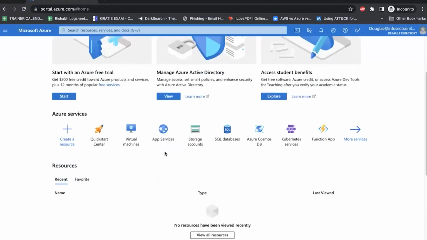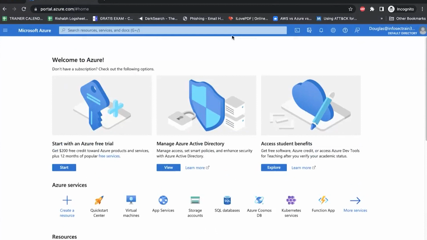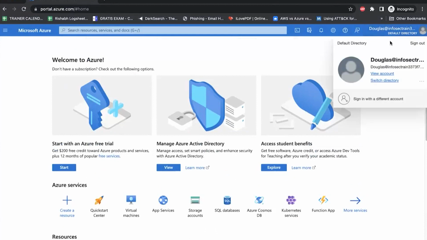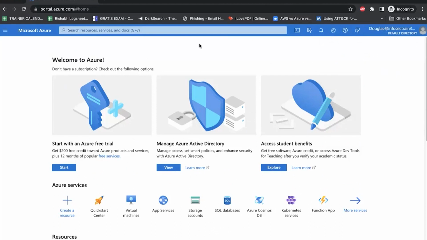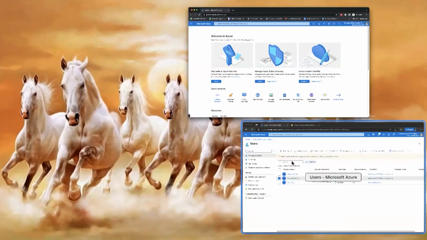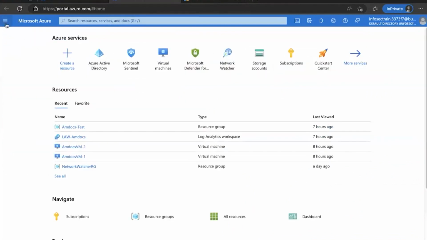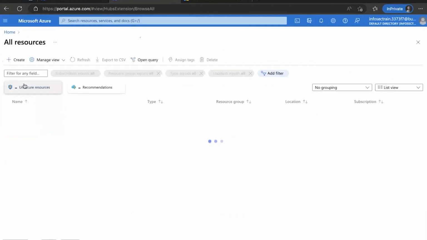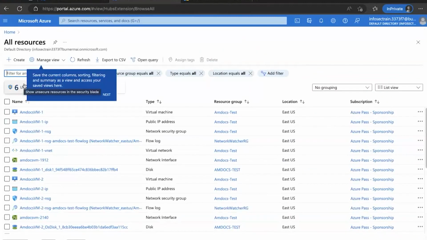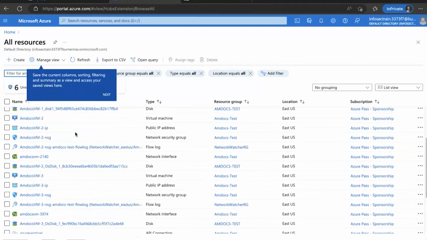So this is the part. This is your Azure portal account for Douglas. So I'm logged in as the user Douglas now. What will be the difference? If I go back to my main account over here, this was my admin user account. So I'm here right now. If I go to home and click on all resources, what you are seeing here is that I have these many resources deployed.